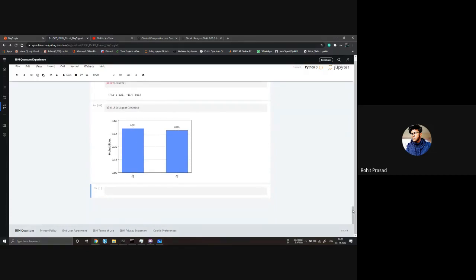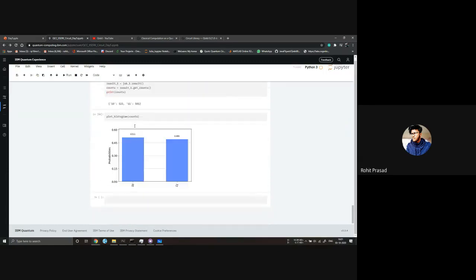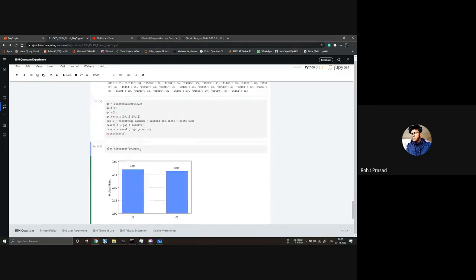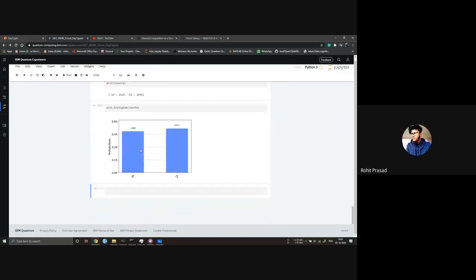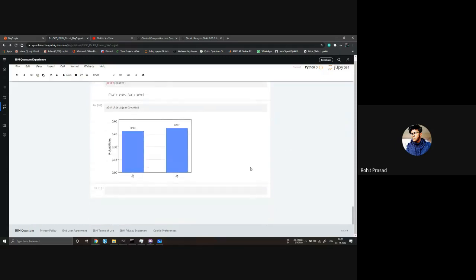As I told you, as you increase this number of shots, meaning the number of trials, you will get closer and closer to that ideal thing. But remember this backend that we are using is a simulator, and a simulator is an ideal situation. We don't get an ideal situation in our real quantum computer. So keep this in mind. On an actual quantum computer, you will see that too. Okay. So that's all, I guess.